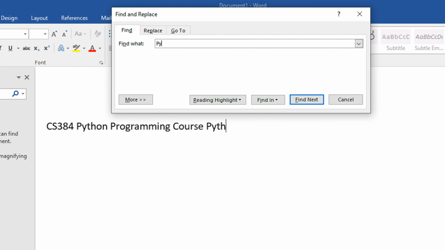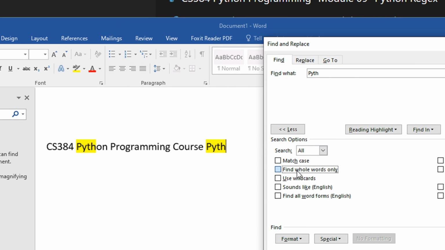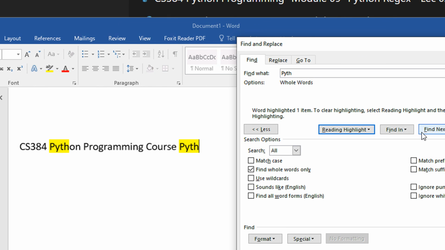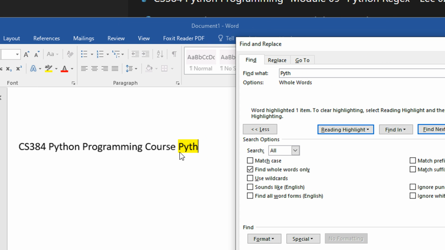Let me just search for PYTH. If I do highlight all, you can see Python and Pyth, both are highlighted. But if I go to more advanced settings and say find whole words only, and I do highlight all, I should have cleared the highlighting. Now when I do highlight all, see it only searches one string, PYTH.